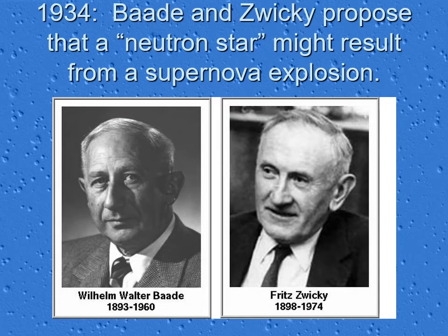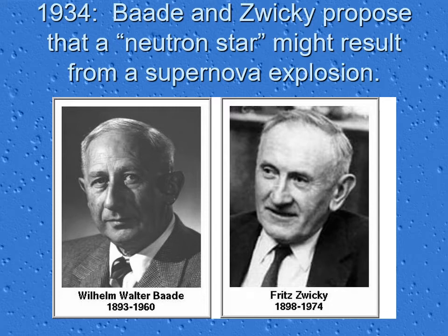Very shortly after Chadwick comes up with the idea of a neutron, physicists gain the ability to measure these particles and find out that they weigh a little tiny bit more than a proton. Now, mistakenly, they began to think that the neutron was like a proton and electron put together. It's really much more complicated than that, as we talked about with the nuclear fusion inside the sun. But that was the original mistaken idea.